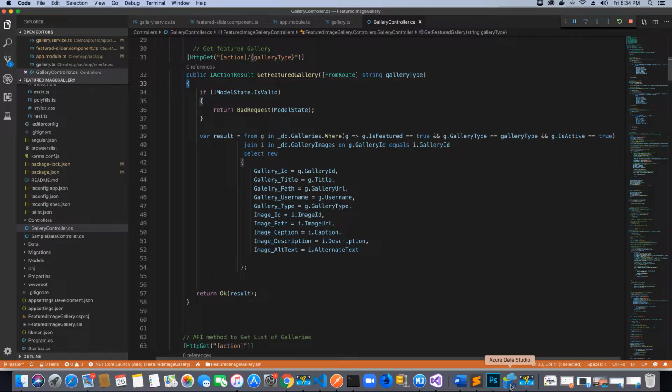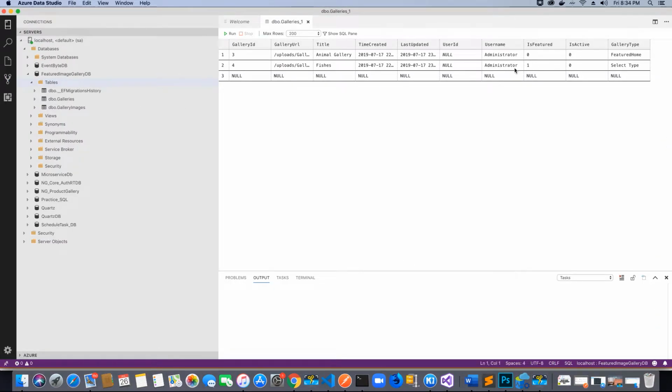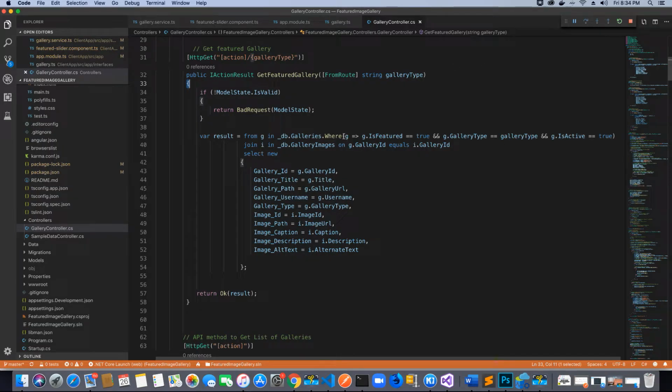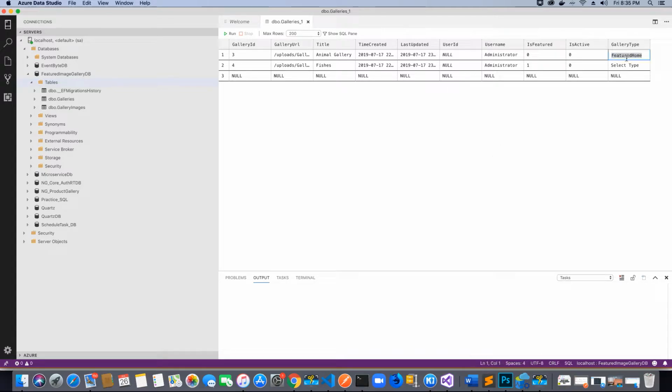and that's because in my database, if you notice, the reason why we don't see any result for now is I have set the values of is featured and is active to 0. In order for us to see some values, we need to have all these conditions to be true. That is, the gallery should be active, it should be featured, and the featured type should match the featured type that the user is requesting. So featured type is featured home, but the feature type here, I forgot to add it when I had created it. So I'm going to add it now,